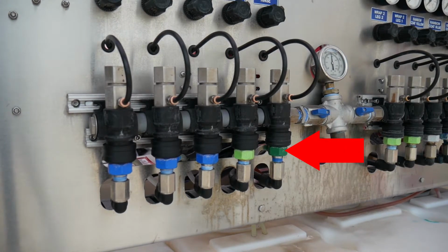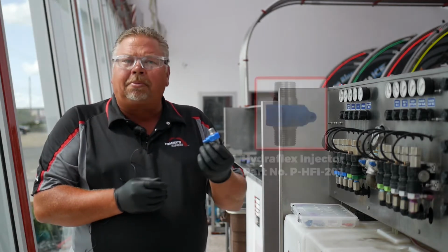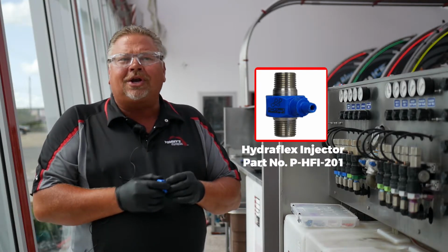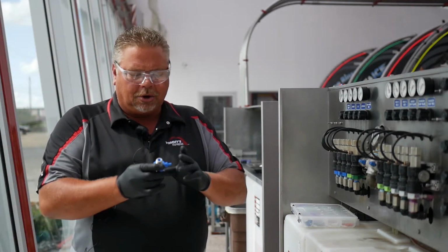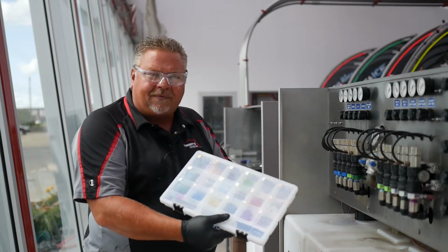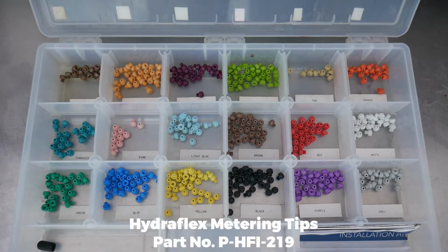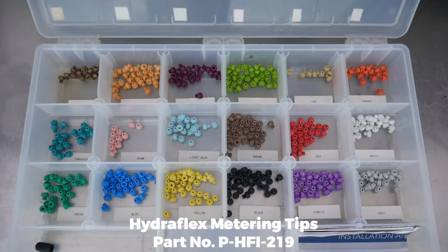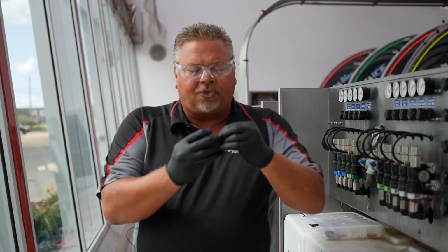You can see the different colors. The different colors represent different gallons per minute. The blue one in my hand is a 2.3 gallon a minute injector. We determine the dilution ratio of our detergents going onto the car by using gallons per minute and then different metering tips. This is our metering tip kit. Here's a light blue metering tip, very, very small orifice. This will thread